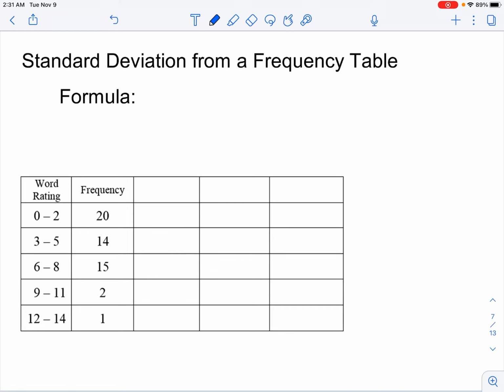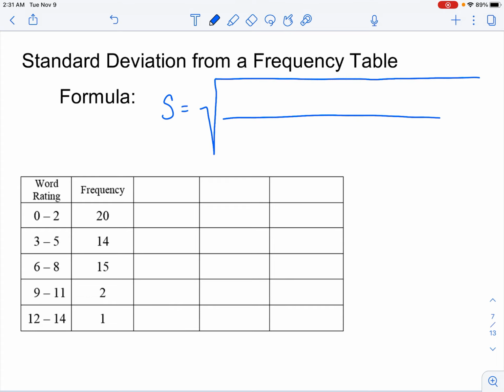All right, let's take a look at how to find standard deviation using a frequency table. So we know that sometimes we don't have the raw data to work with. We only have the frequency table presented to us. So let's go through this process. And it's somewhat similar to finding mean from a frequency table, but the formula is much more involved. And you are not responsible for memorizing this formula, but you are responsible for knowing how to use it when